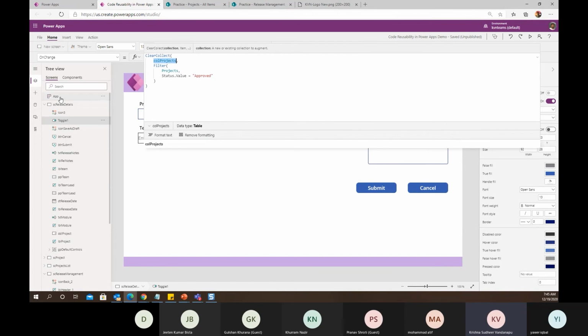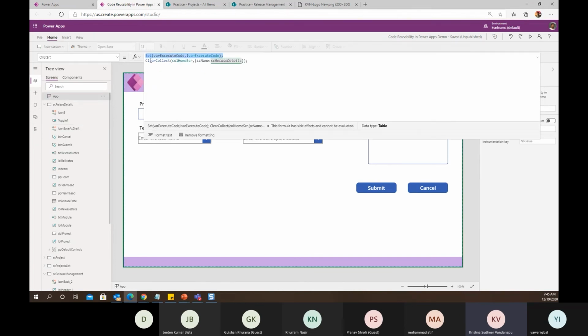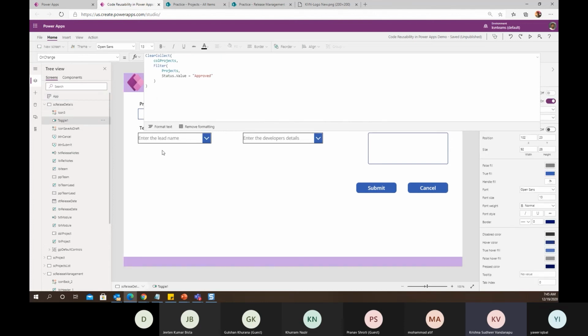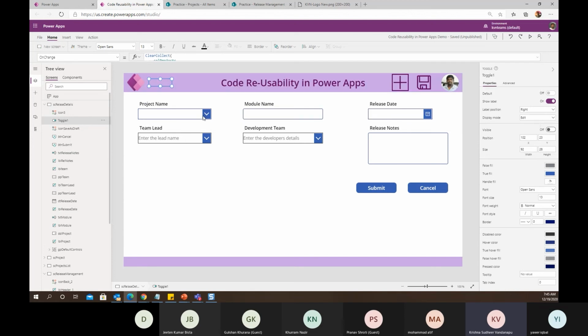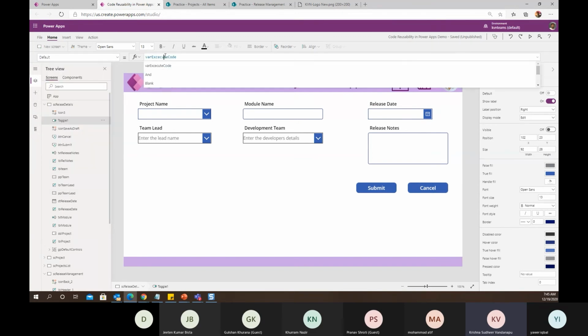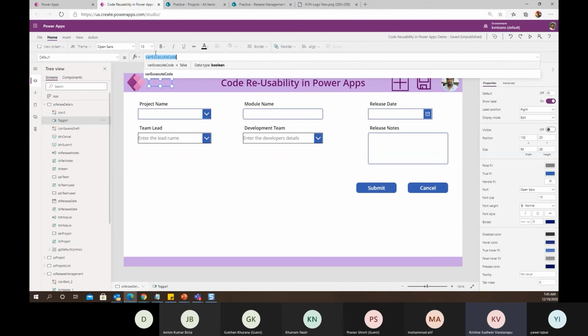My collection is created while my app is loading by toggling my variable from true to false and false to true. I have not relaunched my app, but I am able to get my newly added project in the dropdown. How is that possible? This is a toggle control and the default value is a global variable, which I can set from false to true and true to false across my screens.